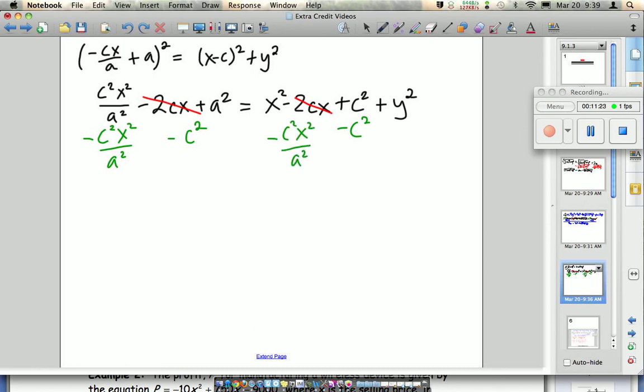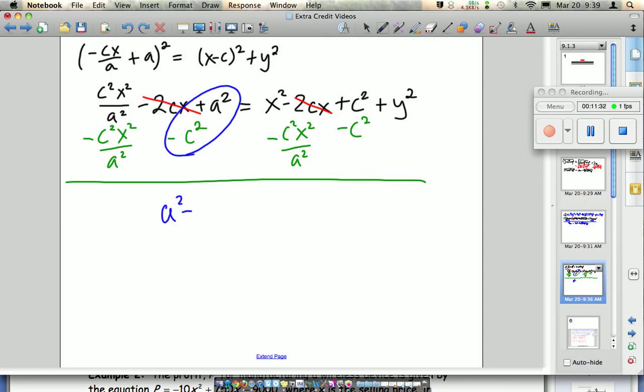Okay, so let's see where I'm at. It looks like on the left, I have these two terms being subtracted. This is gone, and this is gone. And on the right, I have x squared minus c squared a squared x squared plus y squared. So this is looking a little funky, but what I'm going to do is factor out the x squared